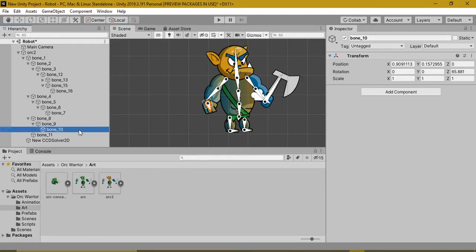Now this is our bone 10. Now for our solver we need something called an effector and a target.